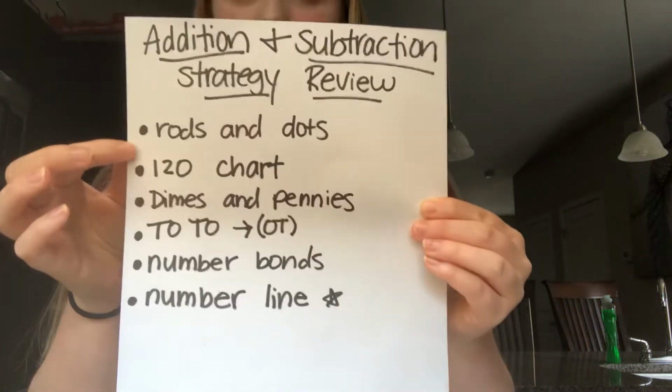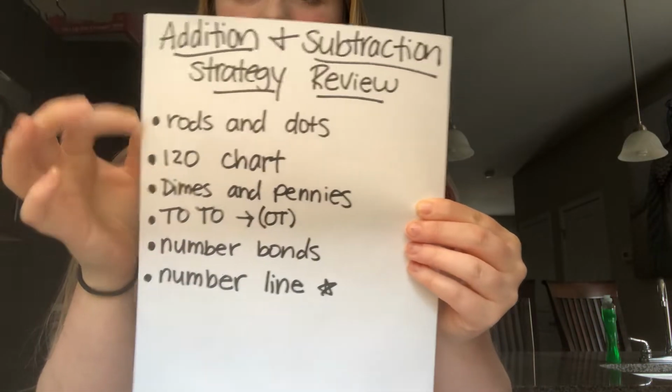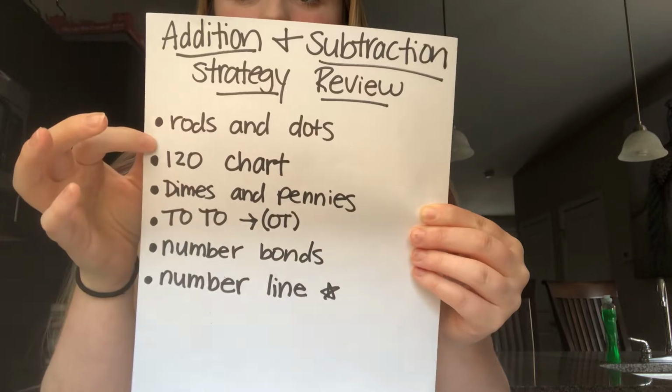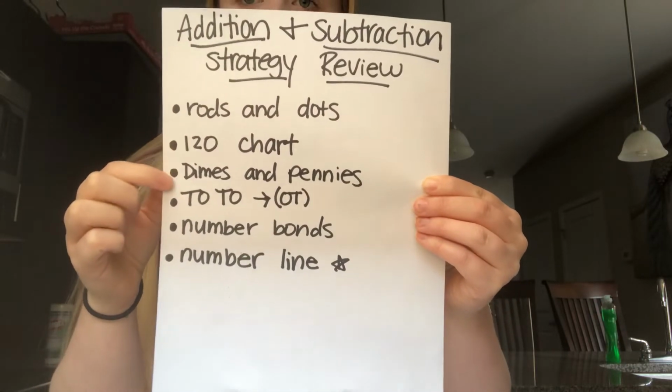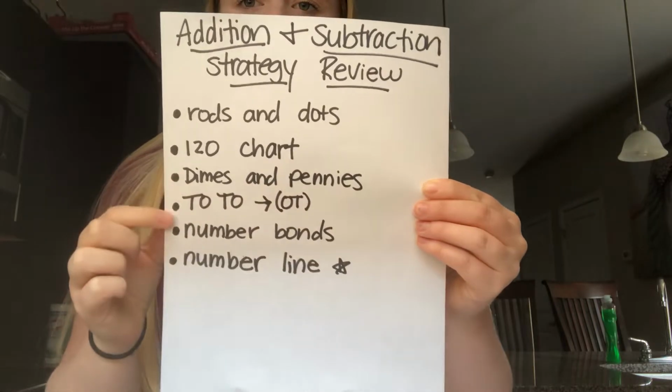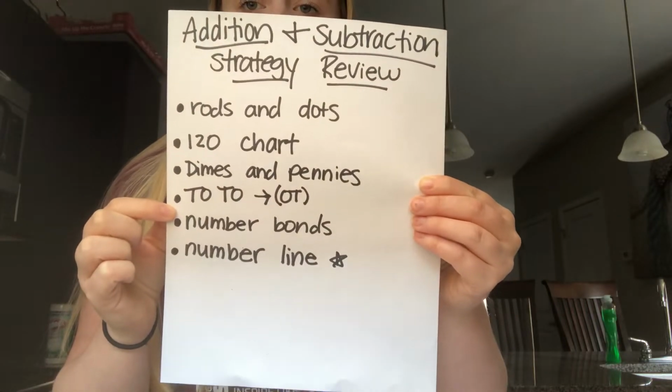So for math today, you should be able to use more than one strategy to add and subtract 2-digit numbers and a multiple of 10. So let's review the strategies we have done this week. We have rods and dots for addition and subtraction. Remember, both rods and dots, 120 chart, dimes and pennies, the 2-2 strategy, or the OT, which is what we